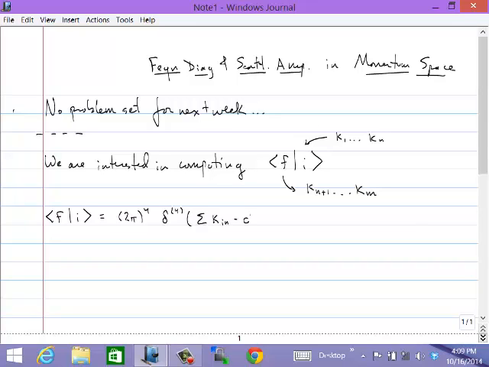So the delta function should be the difference of the sum of the incoming momenta and the outgoing momenta, times some quantity, which is usually denoted M, where M stands for matrix element. And this M is computed using the momentum space Feynman rules,